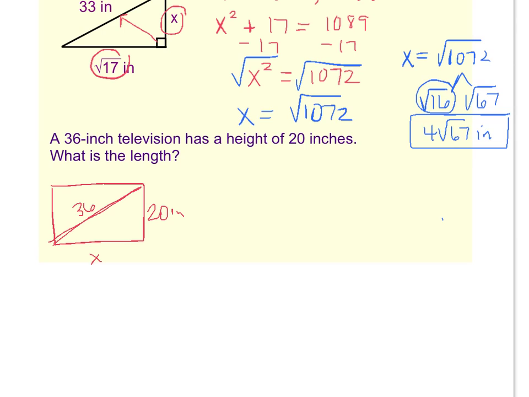Even though I start out with a rectangle, we can see we've got a right triangle right here, and we're missing a side, which means we can use the Pythagorean theorem. Just make sure you plug in the correct side for c: the hypotenuse, across from the 90 degrees. Between the other two, a squared and b squared shouldn't matter. So let's say I plug in 20 for a: 20 squared plus x squared equals 36 squared. Now go through and square everything. 20 squared is 400, plus x squared equals